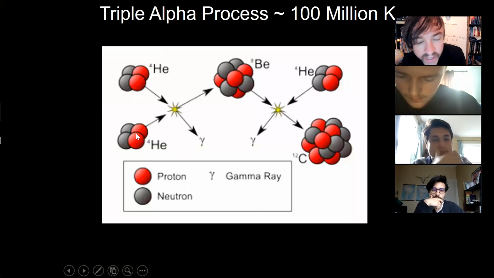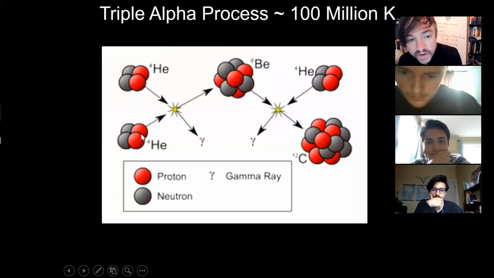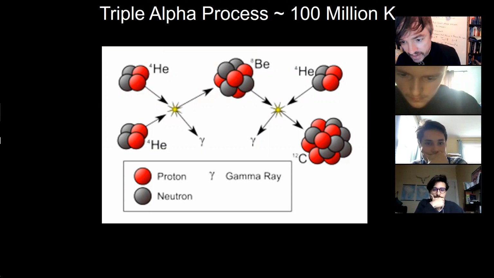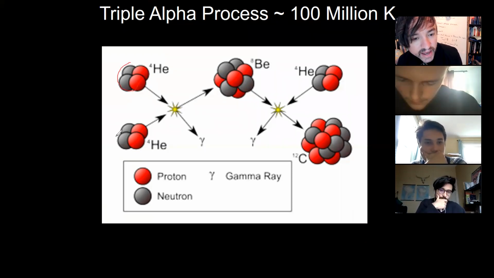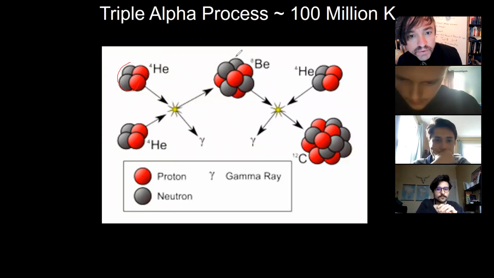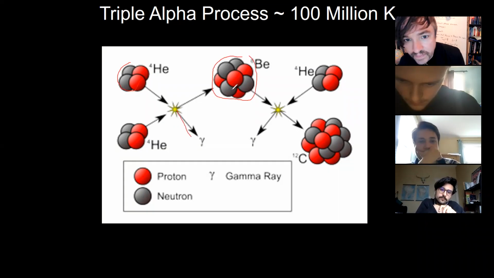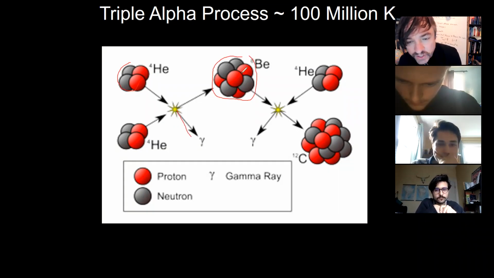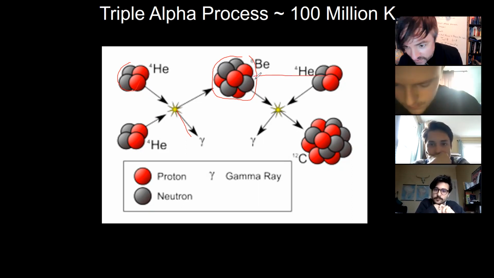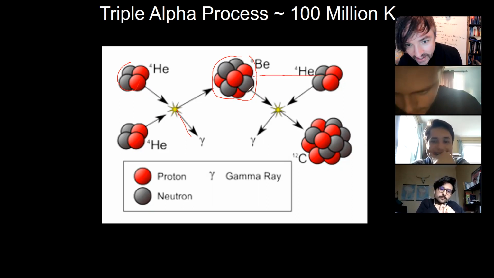First, 2 helium nuclei, which you will remember physicists call alpha particles, right? They're one of the 3 types of radiation discovered by Madame Curie. In stage 1, 2 helium nuclei whack together, producing beryllium-8 and emitting a gamma ray. Then beryllium-8, which essentially has the same fusing temperature, gets whacked with a 3rd helium nucleus to create carbon and